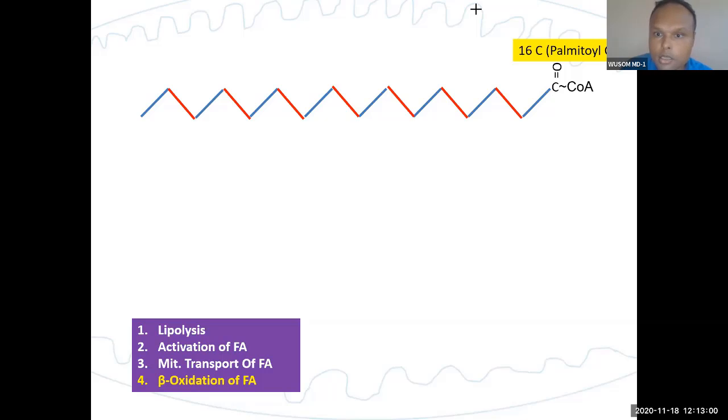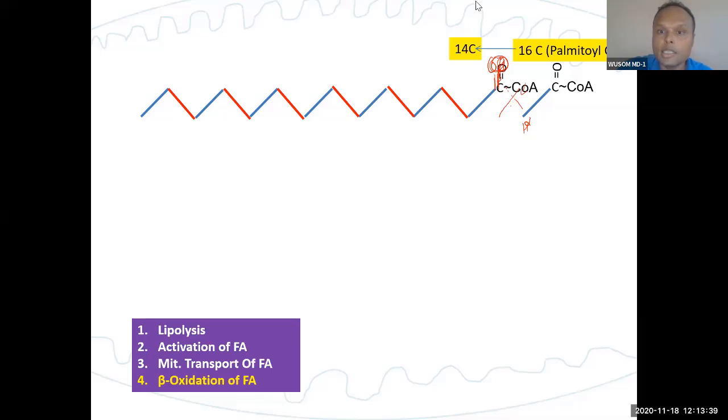You can see this carbon is the alpha carbon, this is the beta carbon. So what will happen? This carbon first, because of oxidation, there will be double bond formation, and then the double bond will vanish, and there will be formation of an OH group here because of addition of water. Then again hydrogen will be taken from this, this will form a double bond O, and then there will be breaking of the bond like this. You can see every step has this process of double bond formation, then keto group formation at beta.